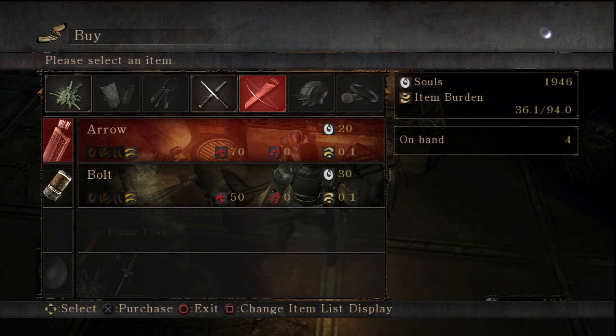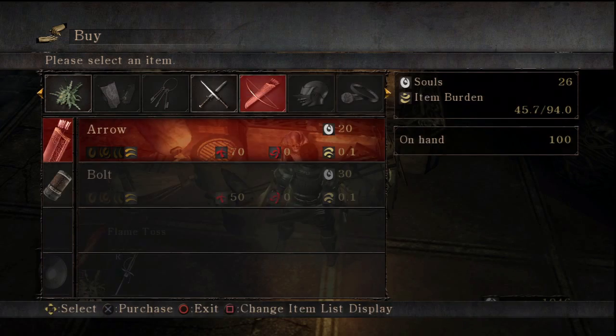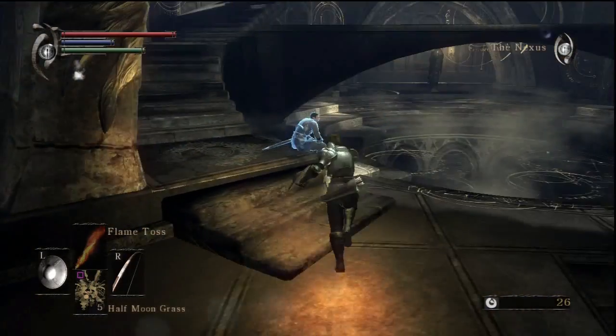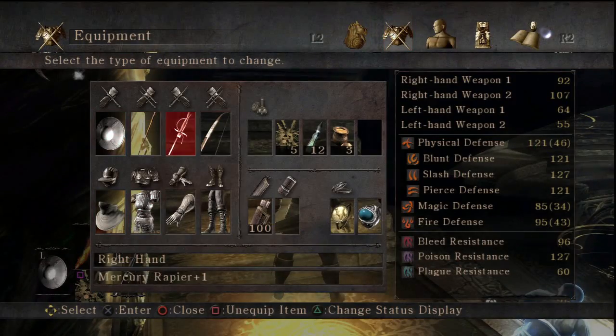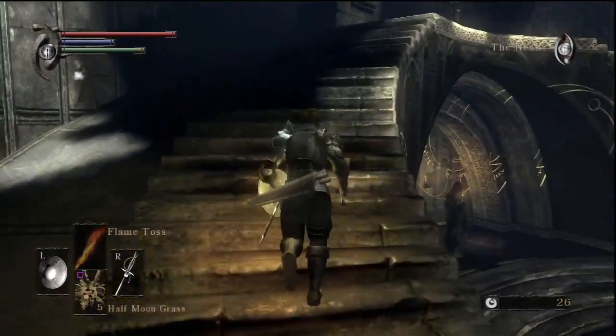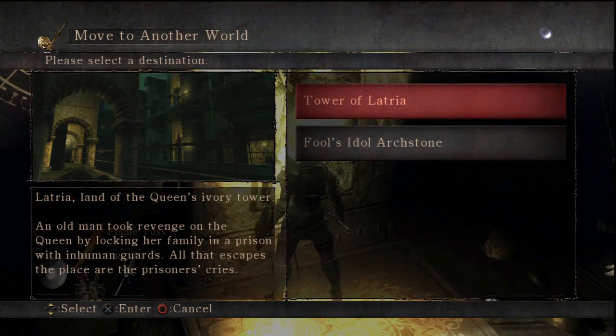The rest of these souls I'm gonna go ahead and spend on arrows here. Get 96. Yep. Okay, so we've done all of that. Problem is I cannot have the secret dagger and the mercury rapier equipped. Oh well, that is not much of an issue. What we do need to do, however...